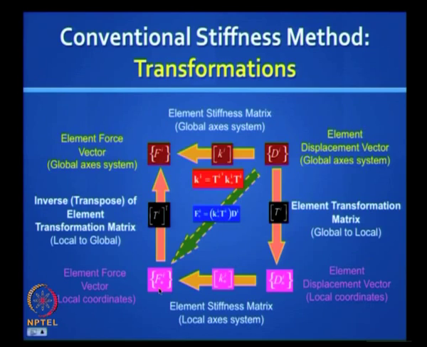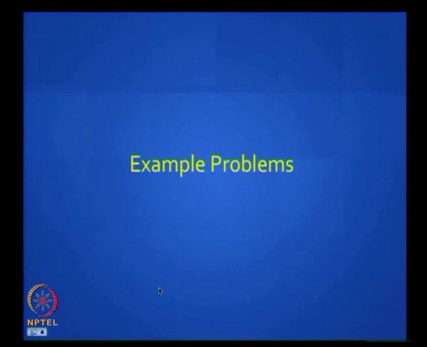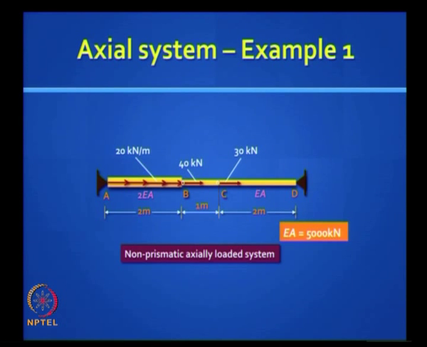So let us demonstrate this with some examples. We will have time only for one example, let us look at it. This is a problem. Now I want you to actually do it with me, okay, we will work it out so that you understand. This problem, you have two intermediate loads, okay, you have two elements, you can make three elements if you wish, but that is a little extra work. You can have AB, BC and CD as three elements, in which case only in AB you have intermediate loading, but let us take advantage of the fact that we know how to deal with that 30 kilonewton load also. So we will have only two elements AB and BD, and what is the question?